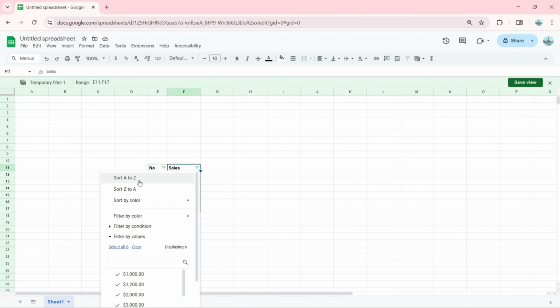you can sort from A to Z, from Z to A, and you can sort by color, by the fill color, by the text color, and you can filter by color, which is selected none. So there are no colors, so you cannot sort by color or filter by color, but you can filter by a condition. If you click here,